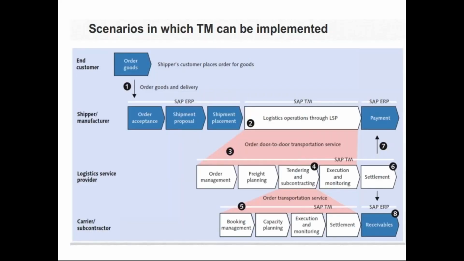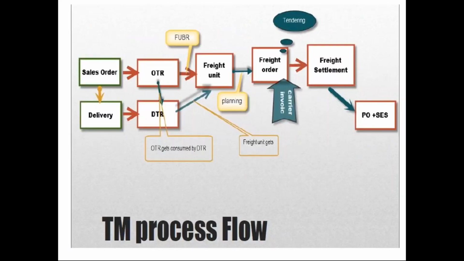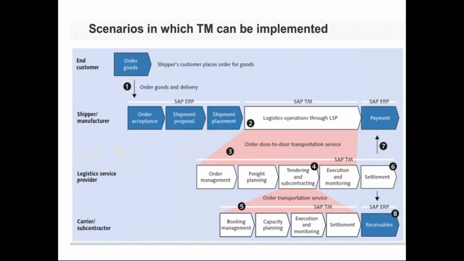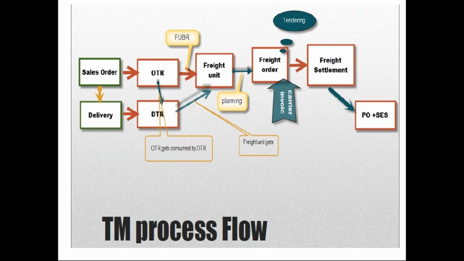Okay, so initially I showed you the master data in which we have covered the organization structure, right? The organization structure from the LSP perspective. Now what are the other topics left in the master data? If you see this, you can understand it. This we already discussed in the team, and this is the first process flow from the shipper's perspective.